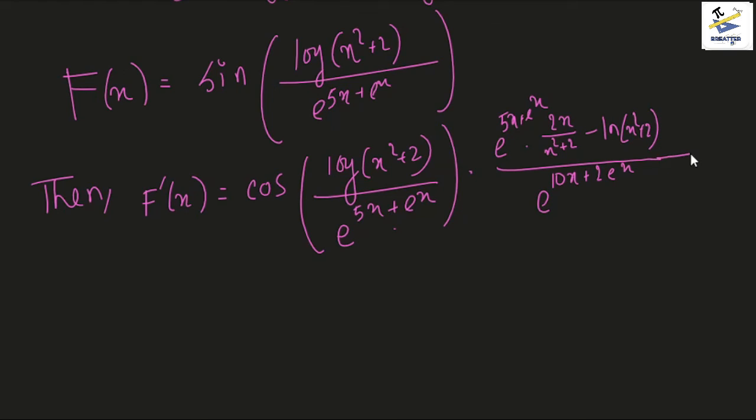And now we do the exponential. So firstly the exponential remains the same, so it's e to the power 5x plus e to the power x multiplied by, we differentiate 5x plus e to the power x, which is 5 plus e to the power x, so 5 plus e to the power x. So we can write it clearly here,